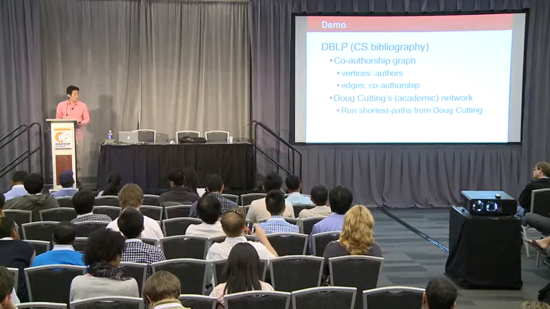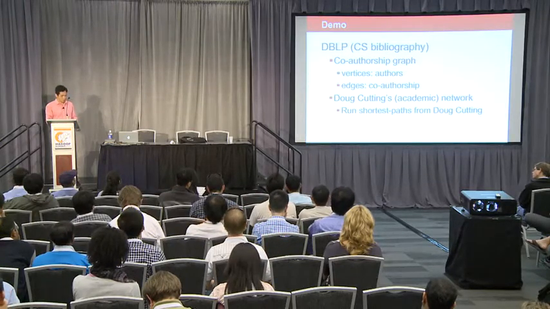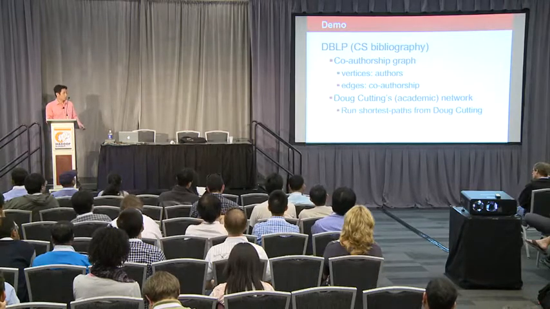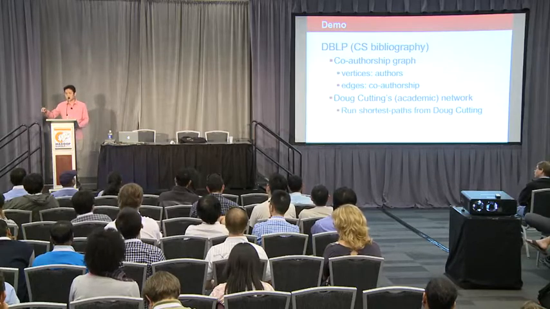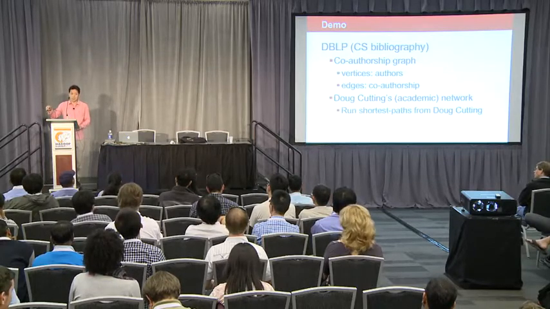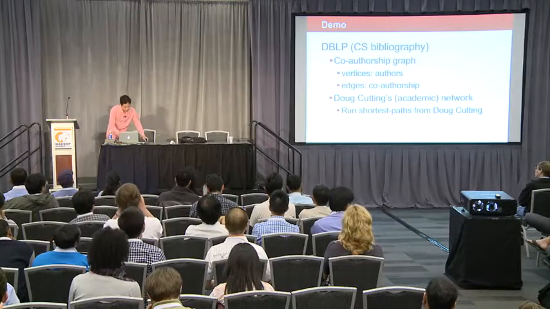So there is an edge between two nodes if the two people wrote one or more papers together. Okay. Then we are going to examine some of Doug Cutting's academic network. So basically, we are going to simply run shortest path with Doug Cutting as the source node, and we're going to see how he is connected to some well-known people. So let me switch to,